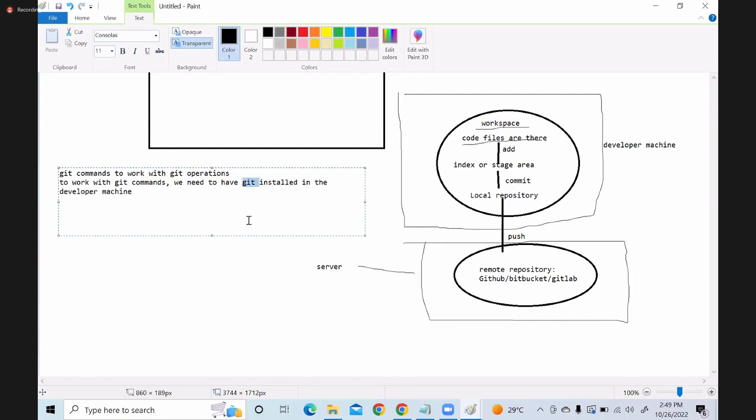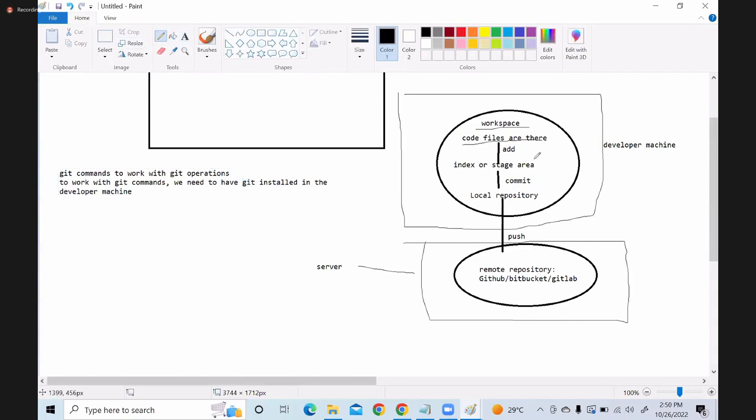Once Git is installed, we can use Git commands to push from the index area and local repository to the remote repository.